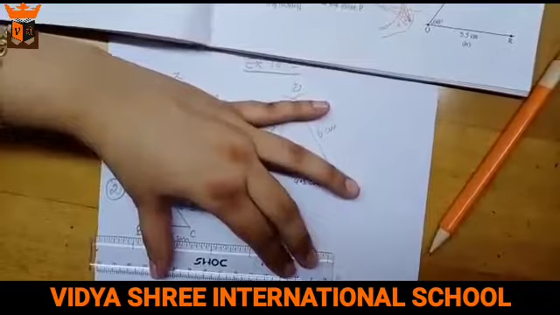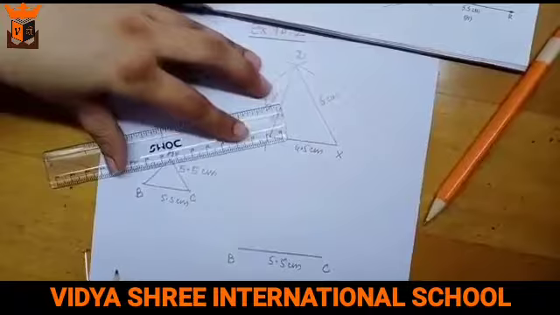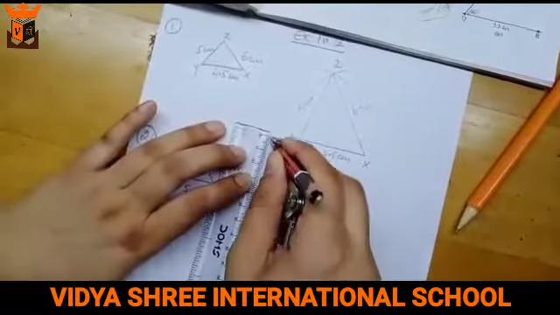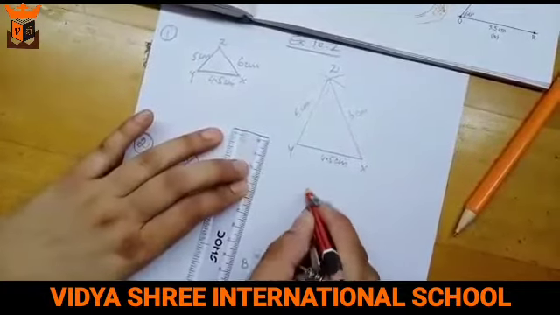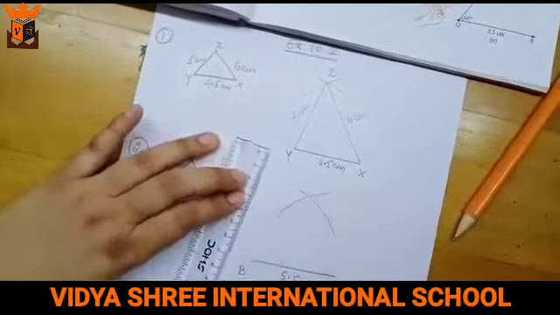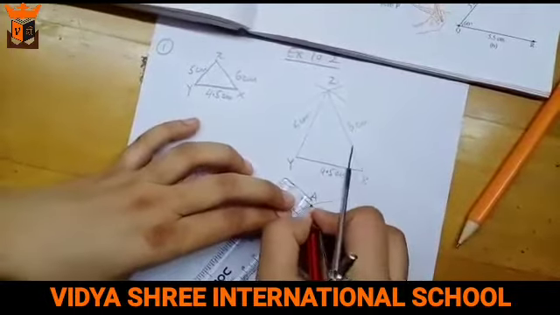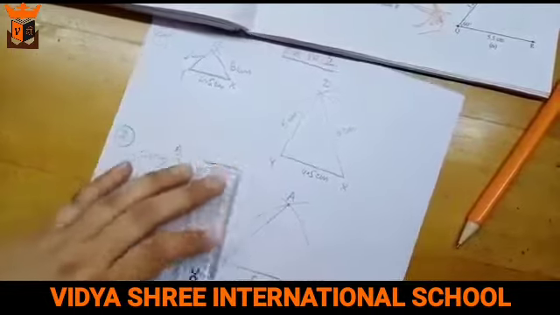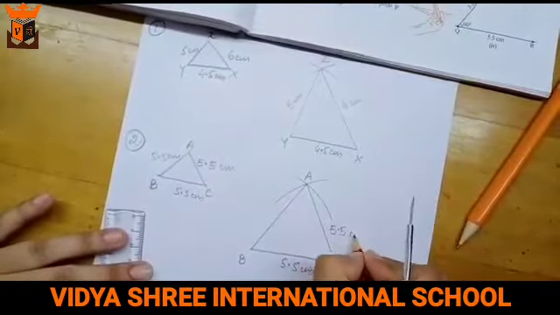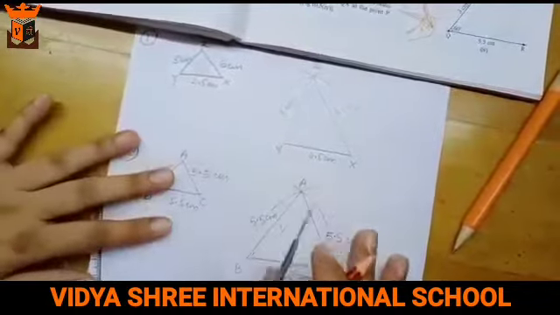First of all, you need to draw a 5.5 centimeter line that is called BC, and then with the help of scale, you need to make a 5.5 arc. At point B, you need to draw like this, and at point C, you need to draw like this, and then join this point. This intersection point is said to be A, and then join A to B and join A to C. See, like this is called 5.5 centimeters. This is again 5.5 centimeters. This equilateral triangle is very beautifully created.